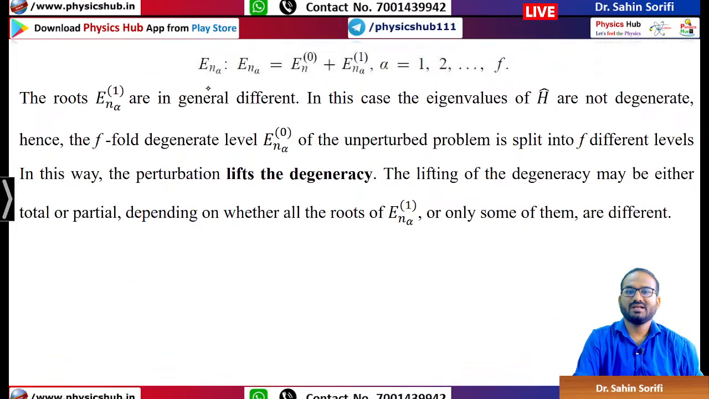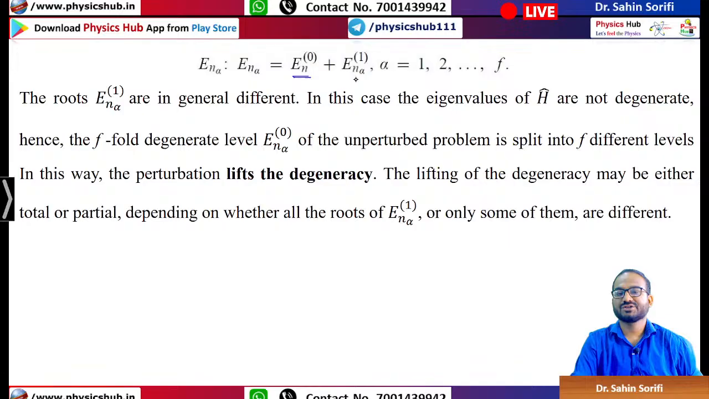Then this is E_n^α. E_n^α is equal to E_n^0, the unperturbed energy, plus the correction E_n^α(1). Now different α can take values 1 to f, so you will get different values of energies, E_n^0 plus